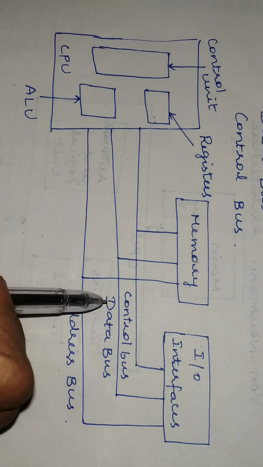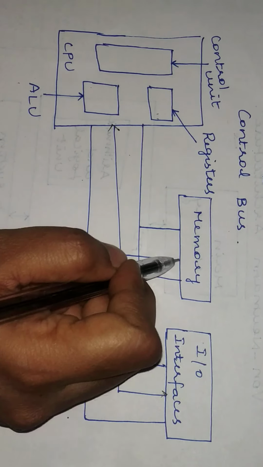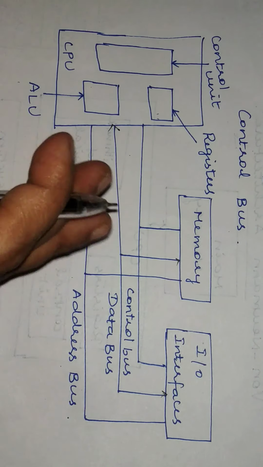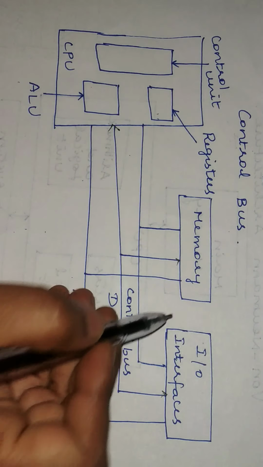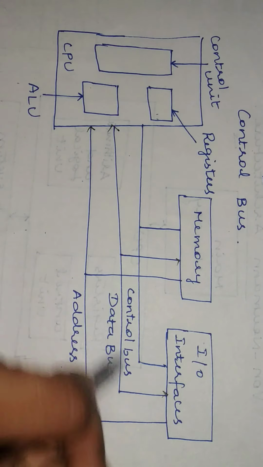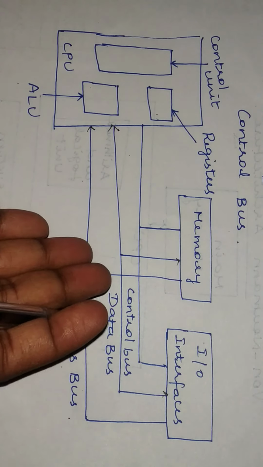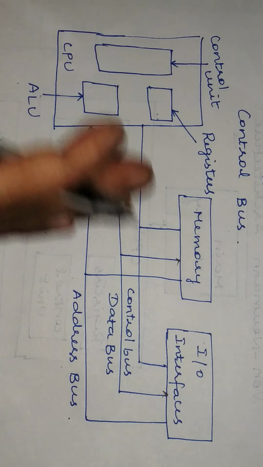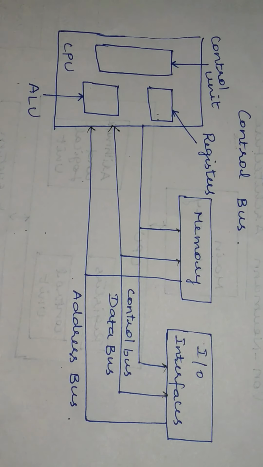Why is the data bus bidirectional? Because it can send data to and from the memory, or to and from the IO devices. But the address bus can send only from the processor to the memory or to the IO device. The control bus provides only control signals from the processor to all other units, so it is also unidirectional. From this you can understand the von Neumann architecture easily.